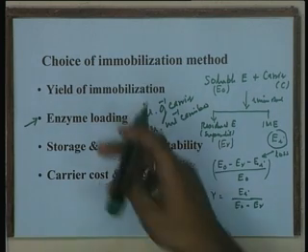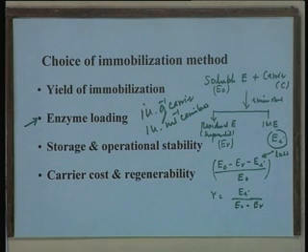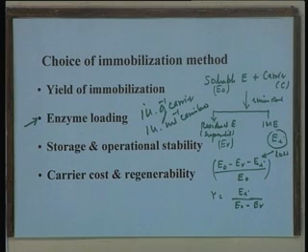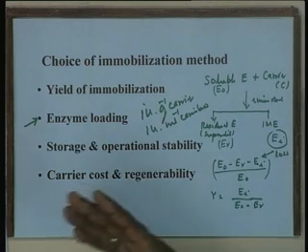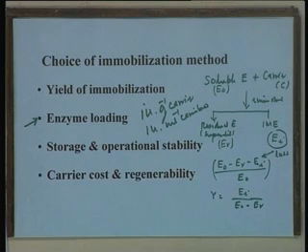And so enzyme loading is another factor, and we usually want a preparation with as high loading as possible, theoretically. Of course, the enzyme loading will also have a very direct linkage with the mass transfer limitations, which we will see subsequently, how mass transfer and the catalytic activity are linked. Then the third parameter which is important to look at is storage and operational stability. One of the major advantages of immobilized enzyme is that it can be reused, repeatedly and continuously used, and therefore it must possess a much higher stability than the soluble enzyme.